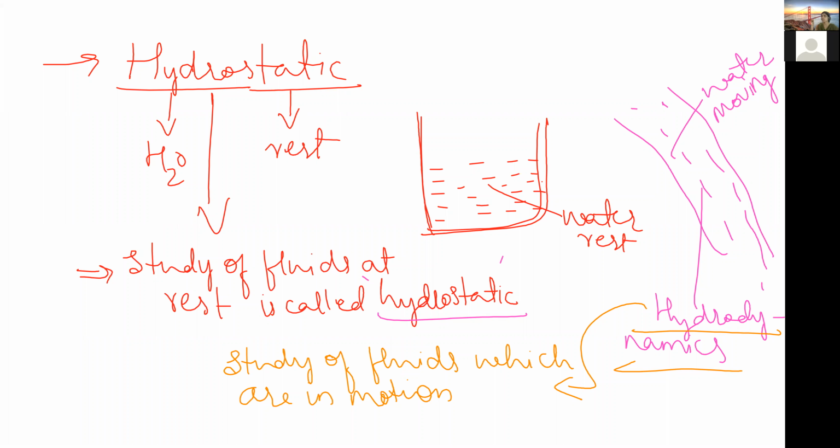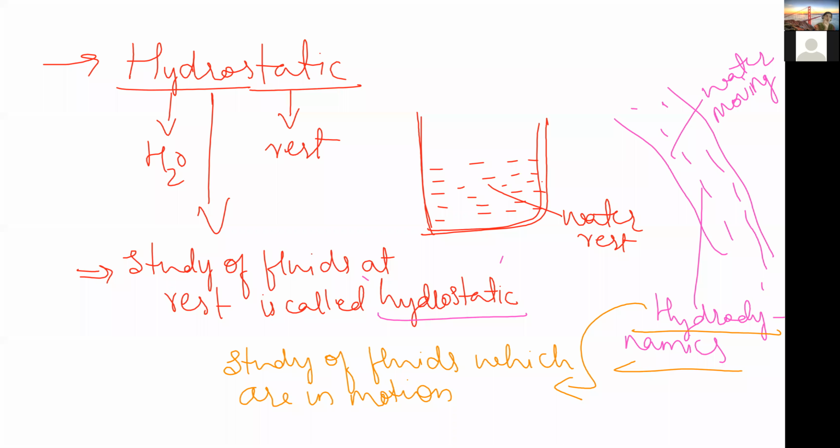Hydrostatics is one of the properties of the liquid. What property? It is the study of fluid at rest. We are going to call that hydrostatics. If you remember the terminology hydrostatics, it is easy to understand: hydro means water, static means rest position. What do we call the study of the properties of a liquid that is in rest position? Hydrostatics. In physics, how we define it: the study of fluids at rest is called hydrostatics. Similarly, another terminology we saw is